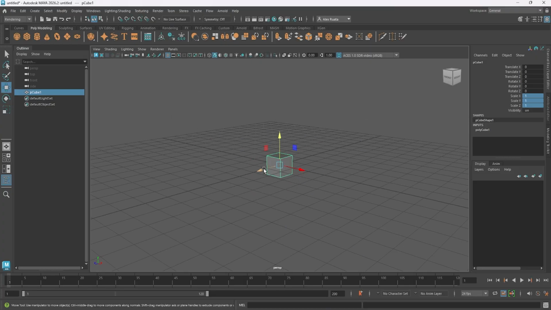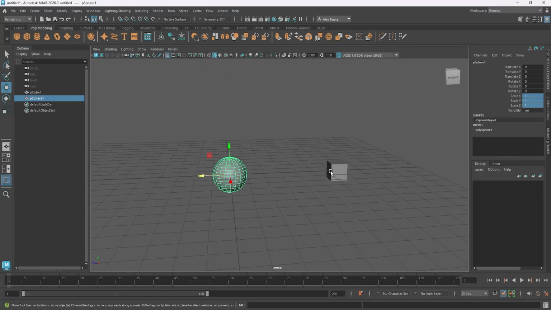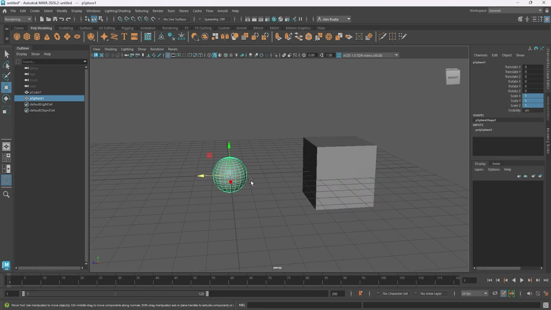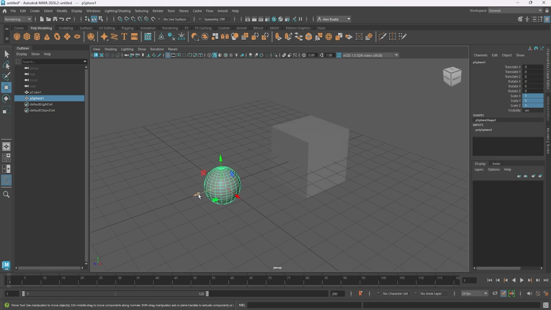Okay, so let's go ahead and move this cube back a little bit. I'm actually going to spawn in a second object now, because we've been working with the cube long enough. Let's bring in a sphere. And let's make this cube a little bigger. Let's say I want to put this sphere on top of this cube. Definitely possible to do just by freestyling it, eyeballing it. As you can see, I can get it up here. Pretty okay, but it's a little bit inconvenient working